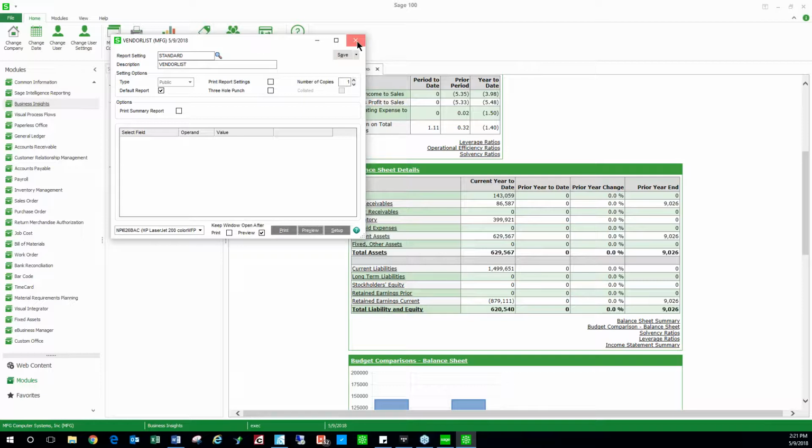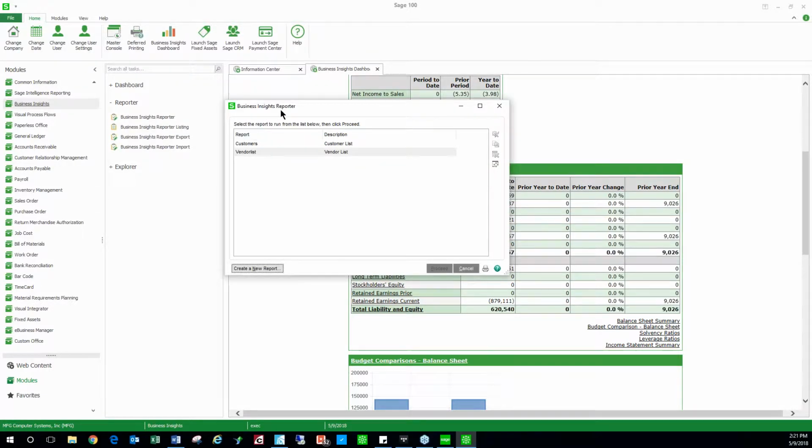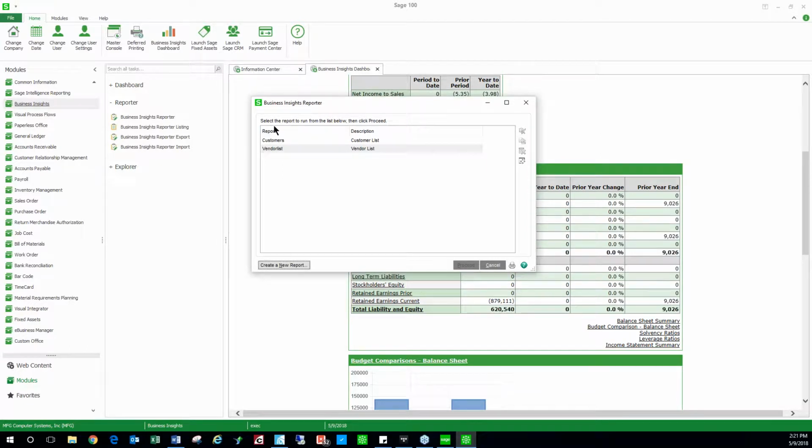Basically, that report is now created, and we get to go back to the report listing. So that's what we're looking at here. That's the Business Insights Reporter listing, and that would hold all of the custom reports that we've built inside of Business Insights. I have the option to create a new report. I could highlight the one we just built and go back and change it or copy it, or I could access it directly. If I have Crystal Reports on my machine, I could open it directly in Crystal Reports and